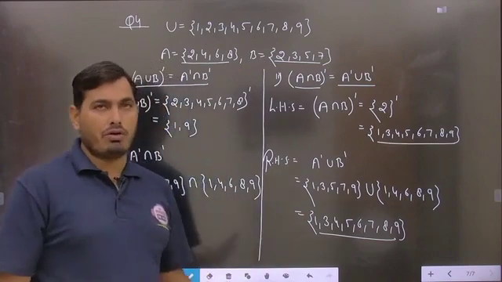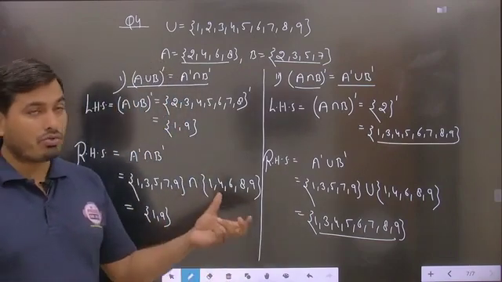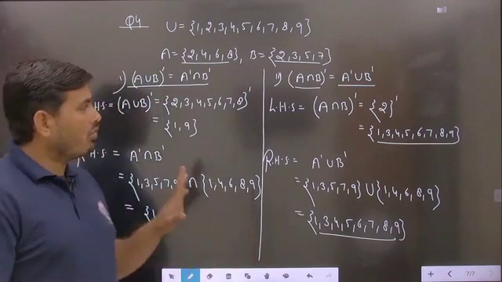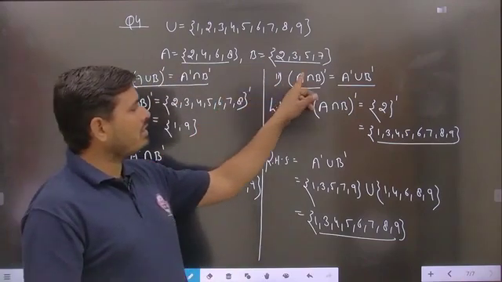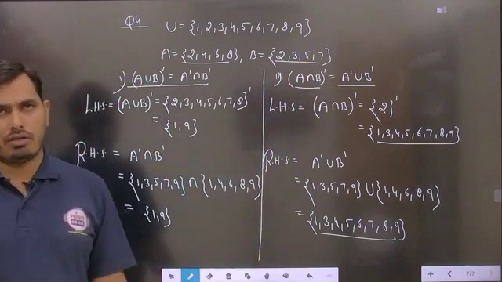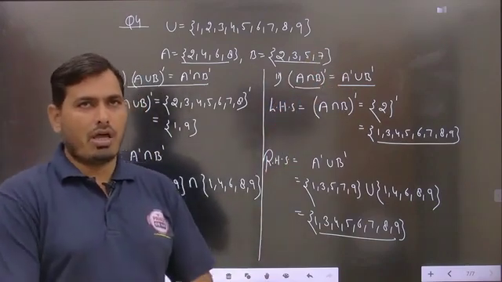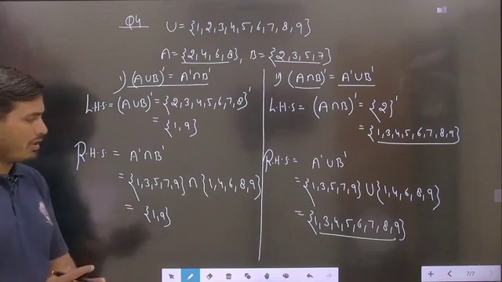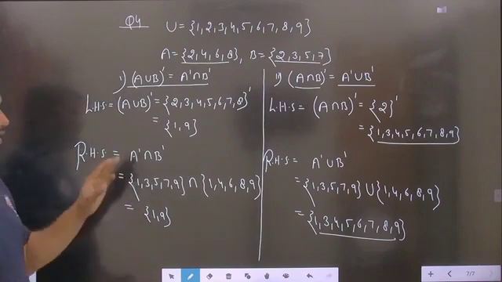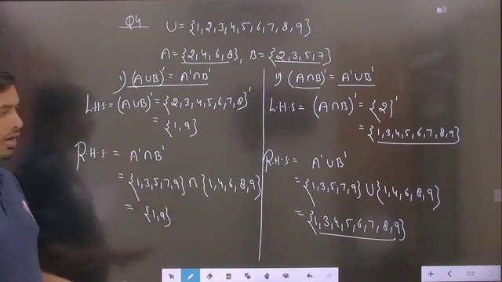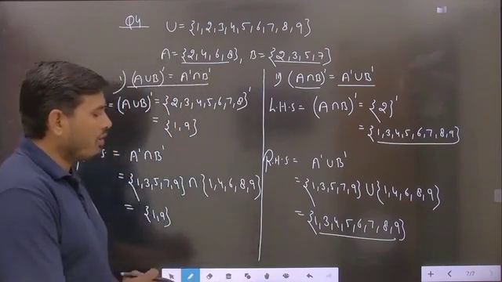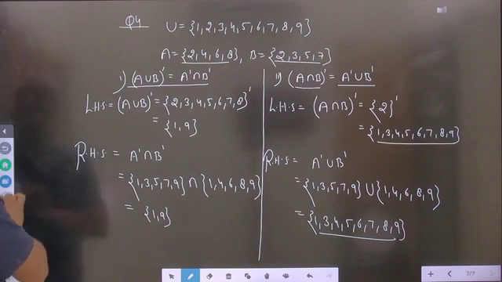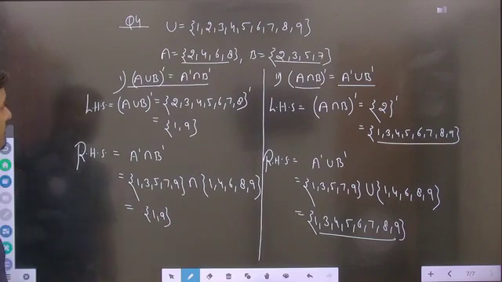Somewhere, if any confusion is there about where the union is and where the intersection is, then remember: where there is union, it will be changed into intersection, and where there is intersection, it will be changed into union. Is it to be clear? So this is the answer of question number 4 of your NCERT exercise 1.5. Now students, pause the video to note it down. After that we will take the next question, number 5 of exercise 1.5.